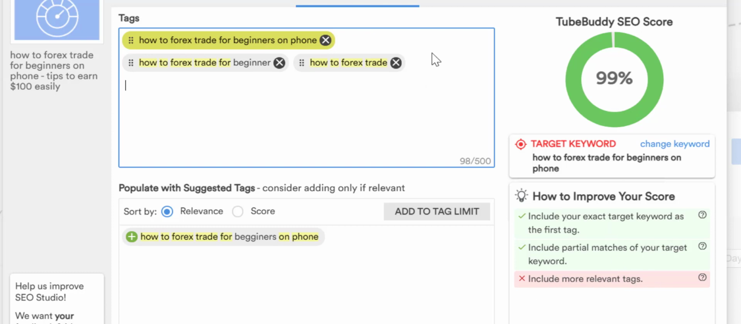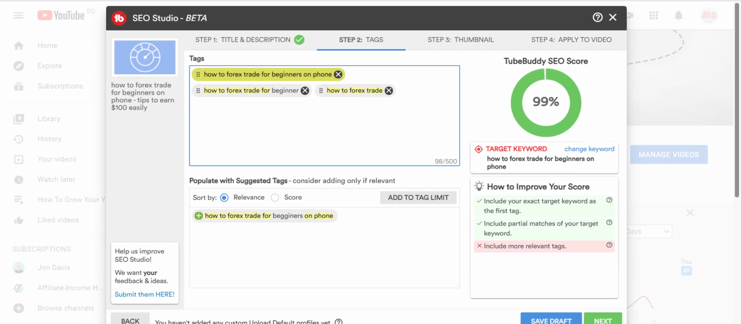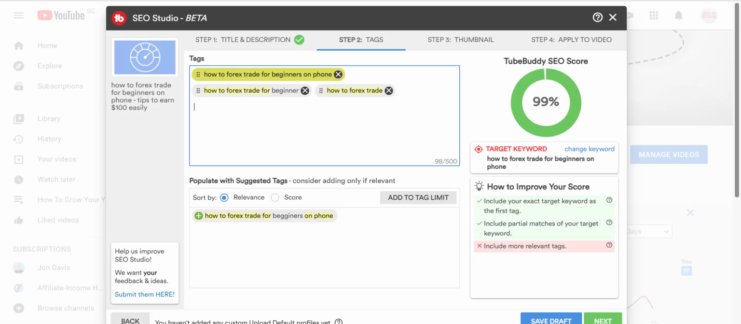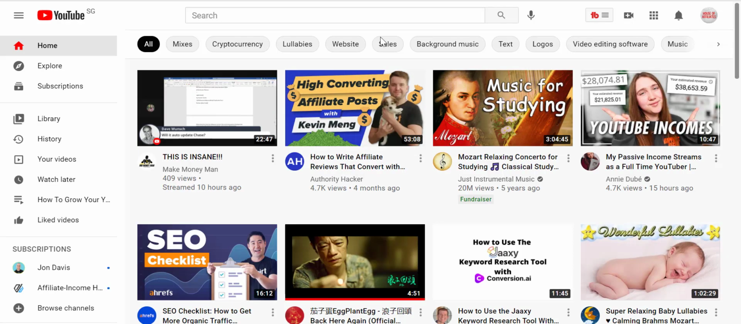Okay, so what I actually do is go to another tab. Let me just open up another YouTube tab. I will put in my main keyword, so you copy it again. This is how you can actually find more relevant tags. All right,